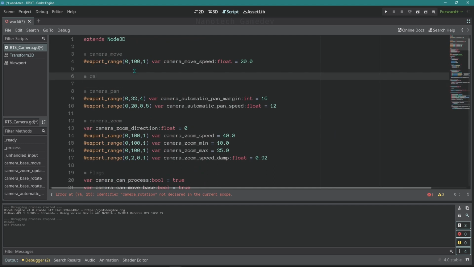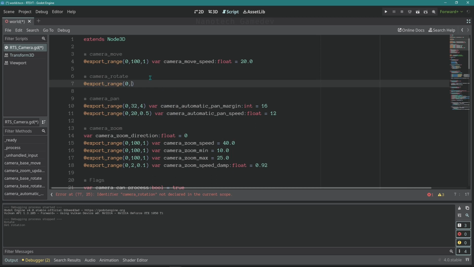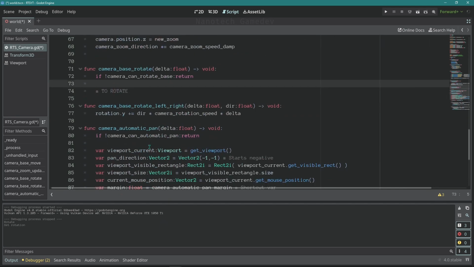Let's create a new camera rotate, and let's add here an export range. Just going to start at 0, and I'm going to give you a low value here. It's going to end at 10, then it's going to be stepped by 0.1, and its name is going to be camera rotation speed. It's a float, and its default value is going to be 0.20. Now that we have our camera rotation speed, we can go back here, camera rotation speed. Now we have a function